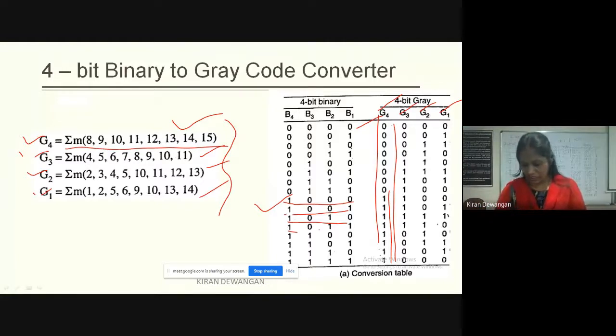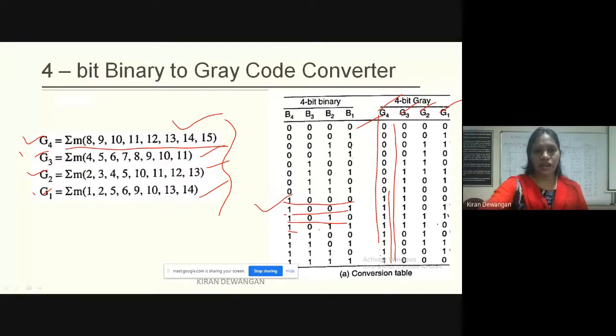So we have got these combinations for G4, G3, G2 and G1. Is this becoming clear, students? Just tell कि हम यहाँ पे कर क्या रहे हैं. We need to understand the concept कि what are we doing here? We are going to design binary to gray code. हम यहाँ पर binary से gray code design कर रहे हैं.